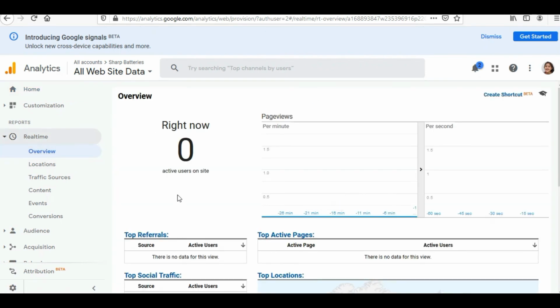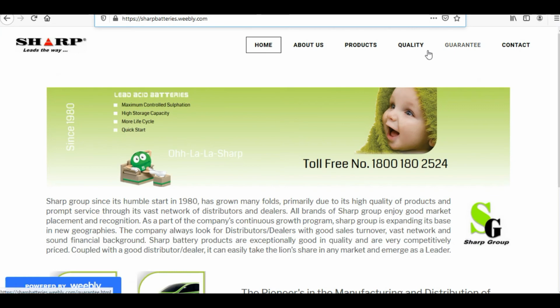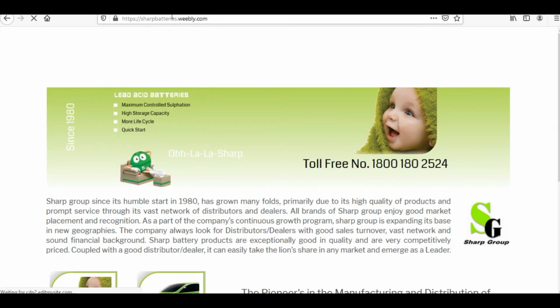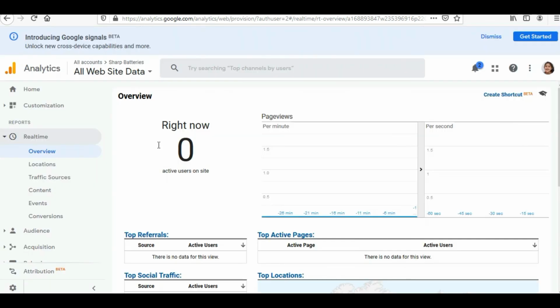Right now it is telling me there are 0 visitors on my Sharp Batteries site. So let me just go to sharpbatteries.com and refresh it. So this is the website which I have opened now. Let us see in analytics, is this number of active users on site increasing? If this number increases, it means my tag has been added properly.